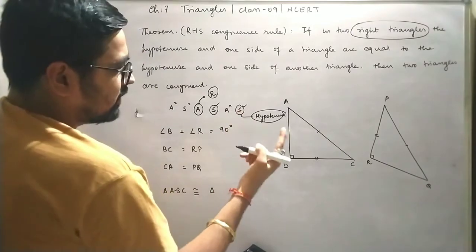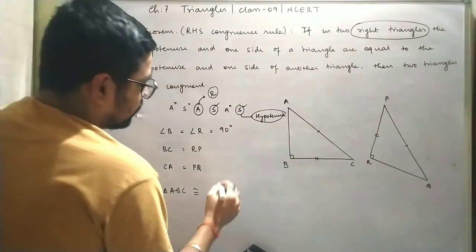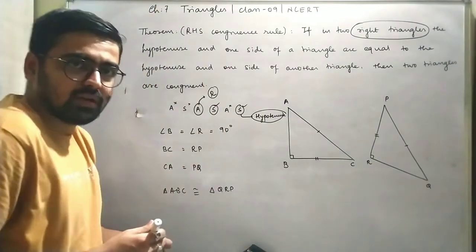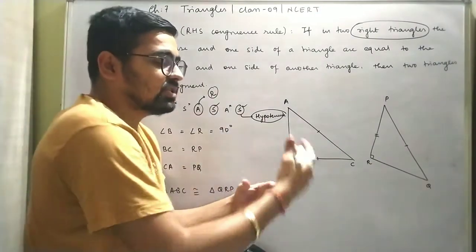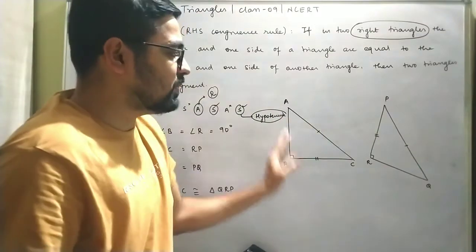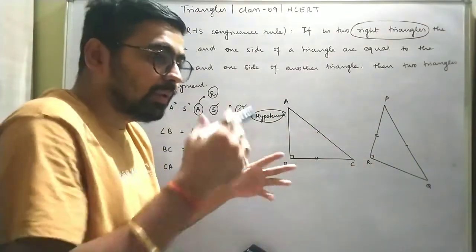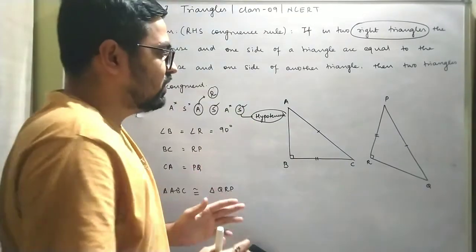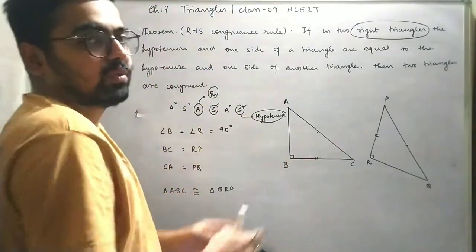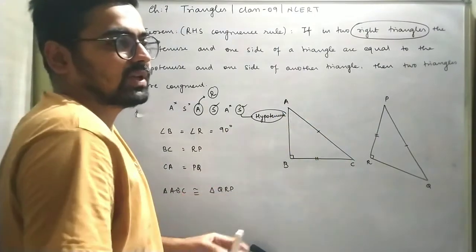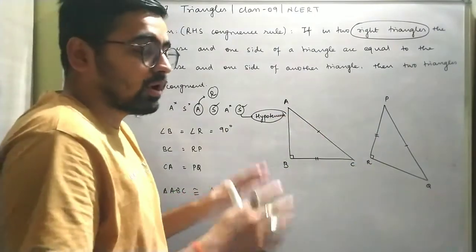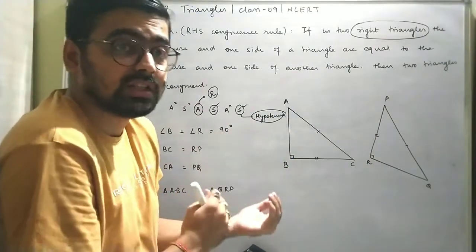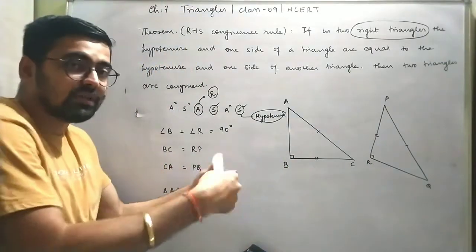A resembles Q. So this is QRP. We will check, right? See why I am taking this in a different order. If I want, I can simply write it like ABC and then go for PQR. But that will not help you to understand in a detailed way. Your mind will always be set like ABC is congruent to PQR, ABC is congruent to XYZ, DEF is congruent to PQR. We don't want that. We need to arrange them. We need to understand how they are arranging themselves. That is why I am trying with different ideas.